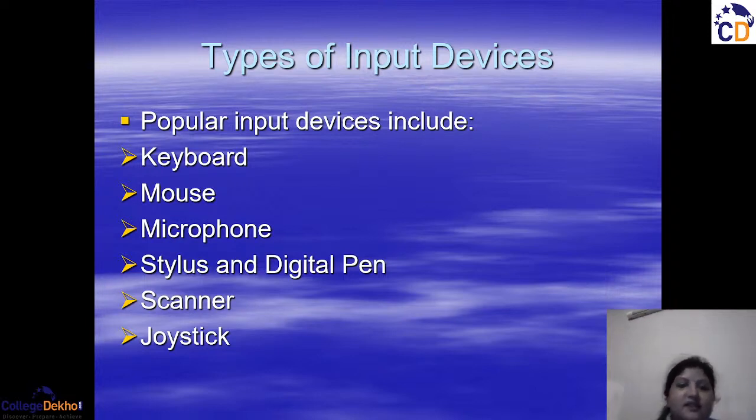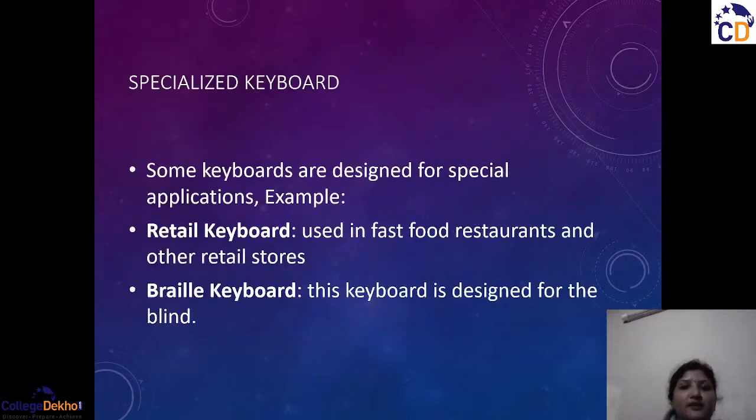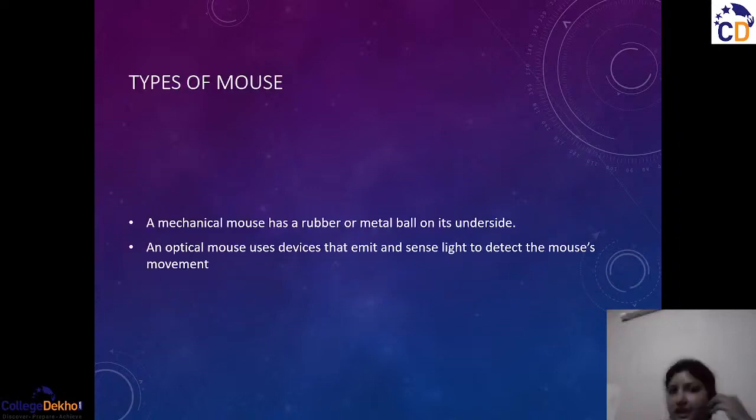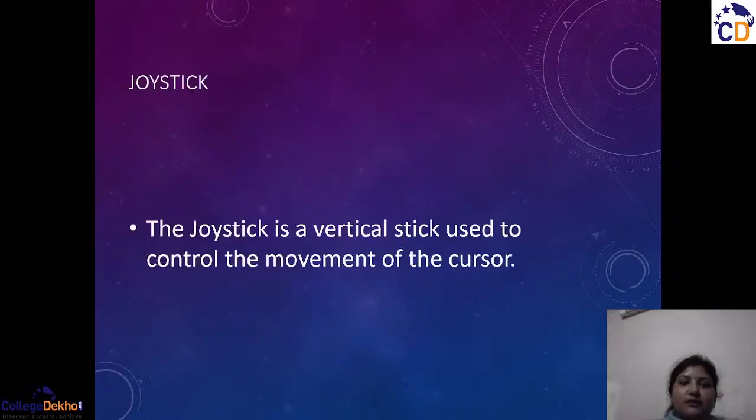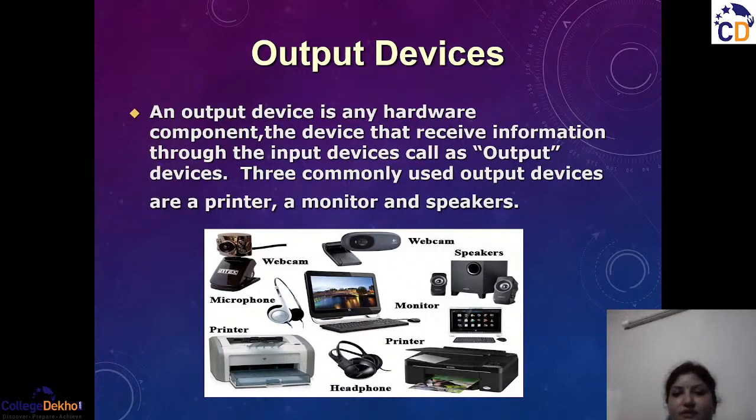There are a number of other devices like digital pen, scanner, trackball, joystick. You have other devices also. At the same time, when we talk about output devices, again there are monitors. Monitors are of different types. Again, I will refer to this picture. Let me show you that picture, because it is very important to know the number of output devices we have. That is webcam, microphone, printer, and again this printer is available in different types according to your